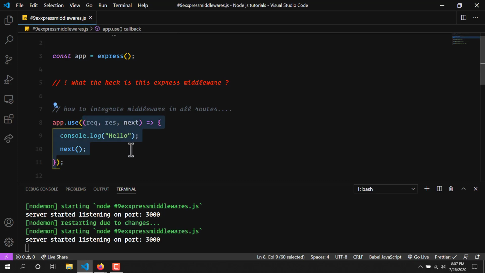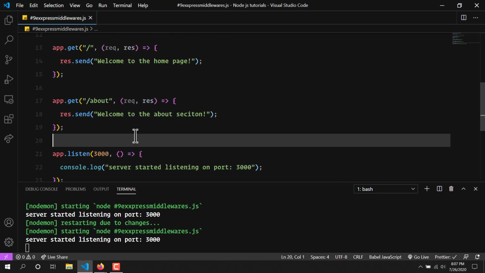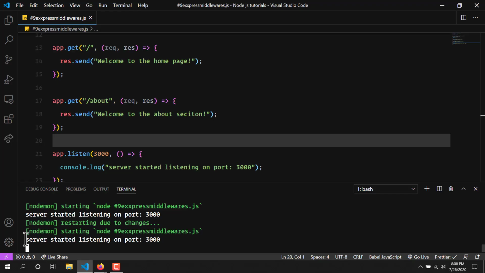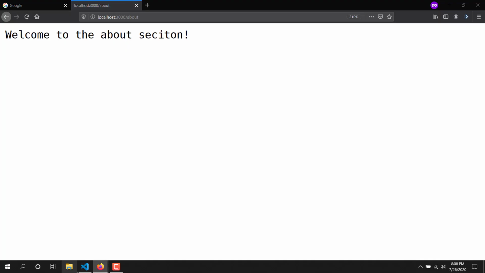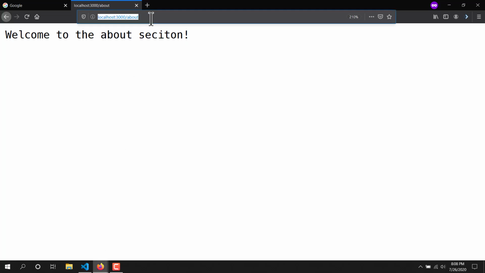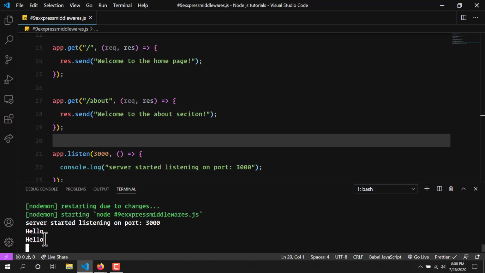What it does now is put this middleware in every route that is present in this file. We have only the server started listening log here, but if I refresh this we will get hello. And if I make a request to the home page, we will again see hello, because it has integrated the middleware in all the routes present in this file.